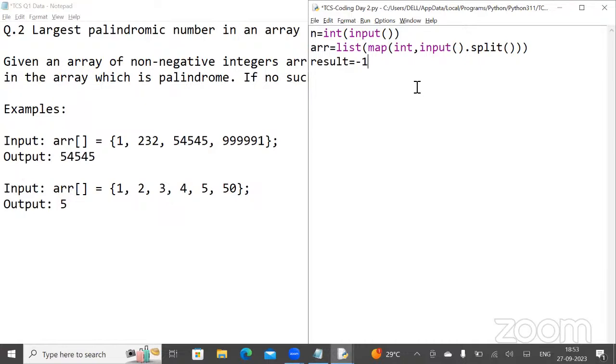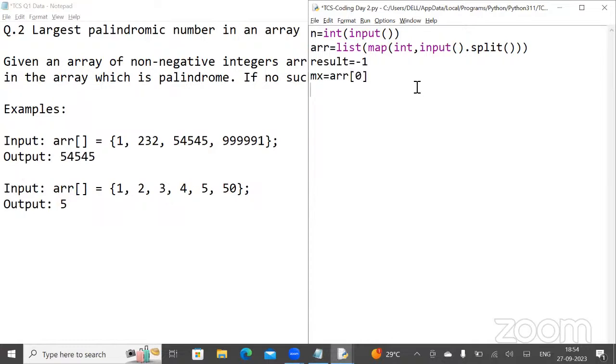The next step is to access the elements and find the maximum element from the entire array. To do that, I'm going to create a variable called max. In Python, max is an inbuilt function, so I suggest you not create a variable named max. Instead, I'm going to write mx, and the initial element is array of 0.